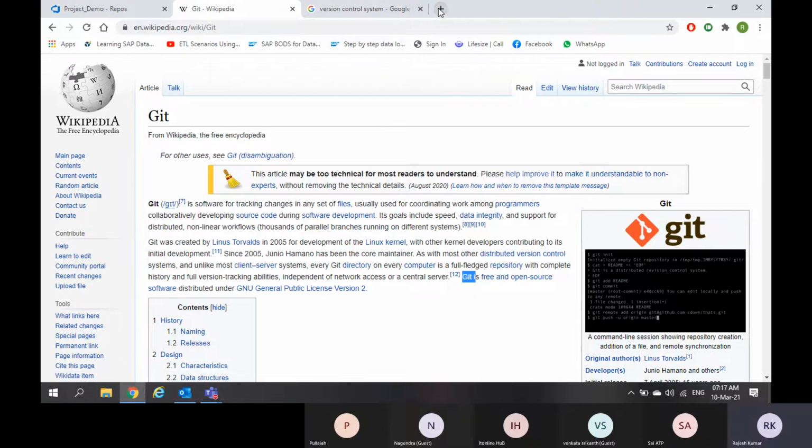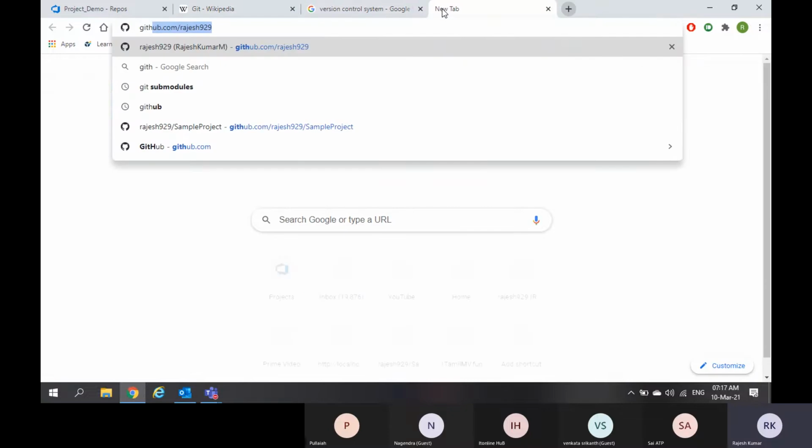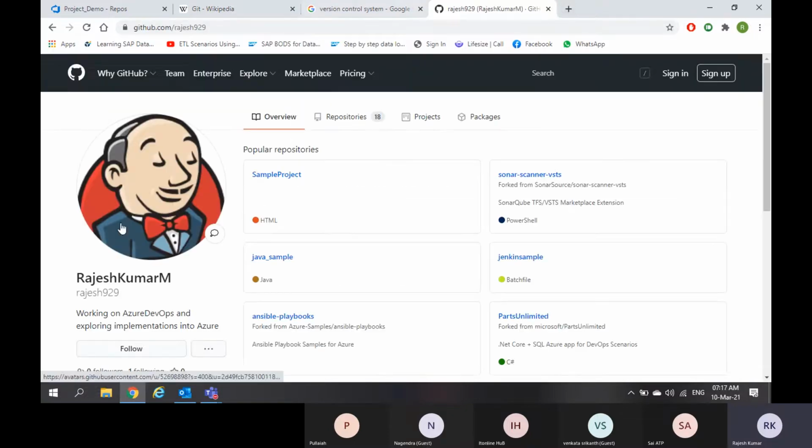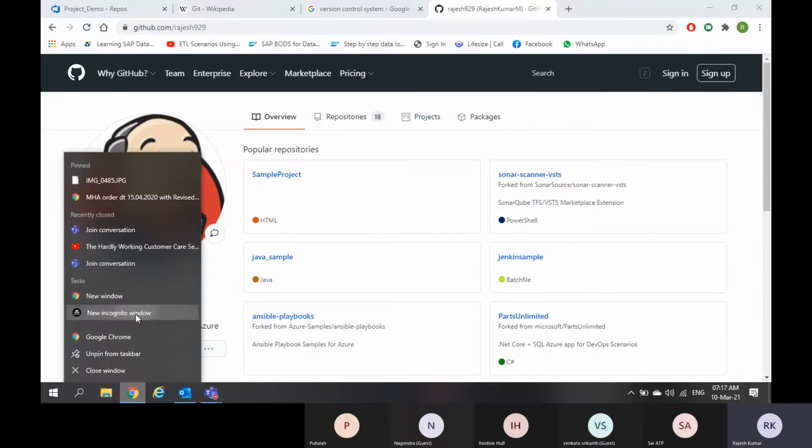Initially, Git used to work only in this portal. Let me go to another window. I want to show you something else.